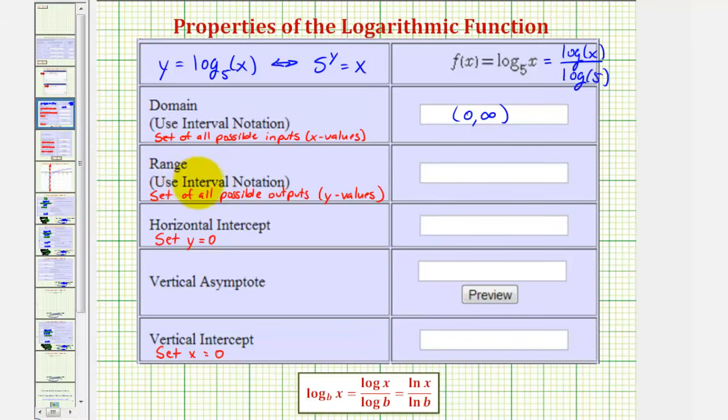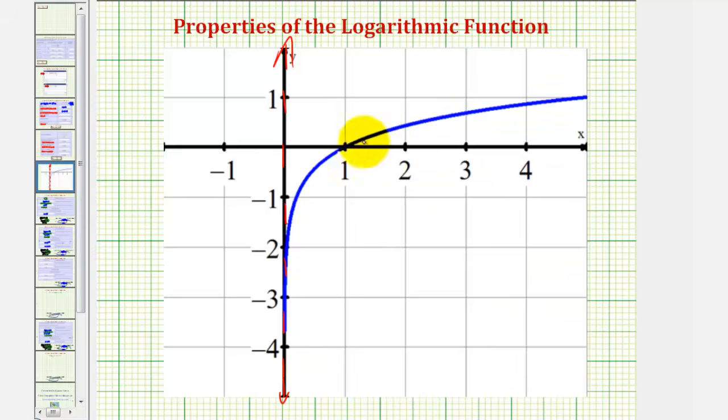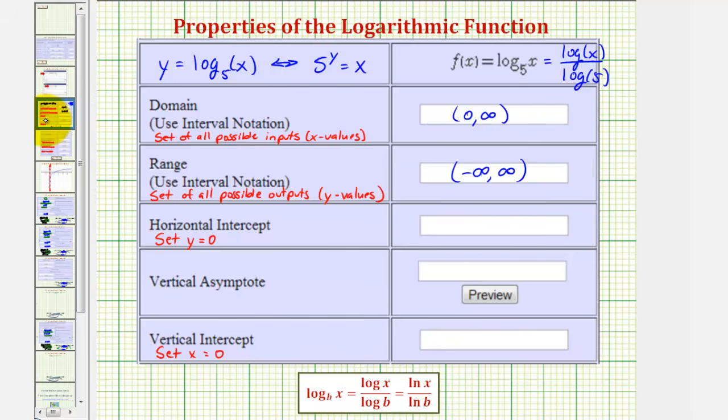Next, we're asked about the range of the log function. Again, looking at the exponential form, notice how we can raise 5 to any real number, and therefore the range would be all real numbers, or the open interval from -infinity to +infinity. Going back to the graph, notice how the graph goes down forever, and even though it is moving right very quickly, it's also moving up forever with no breaks, verifying